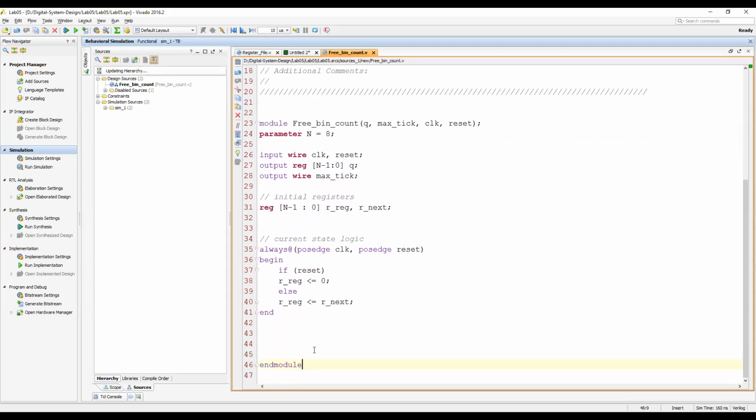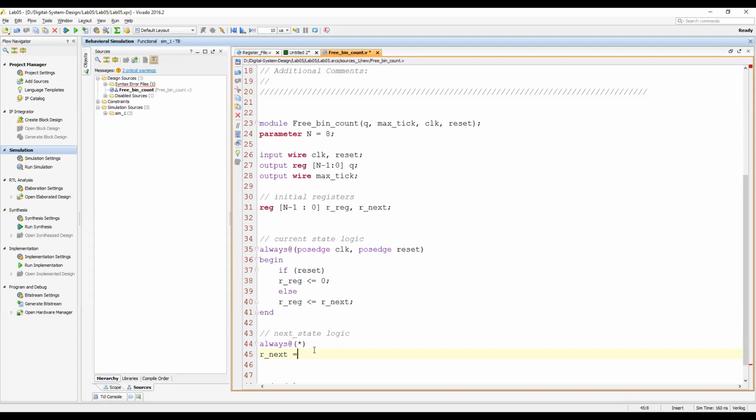So this is the current state logic, and then let's say next state logic. This will be an always block, or this will be a combinational circuit. So in the combinational circuit, it becomes like this. Okay, so the logic is very simple. The logic says that R_next is equal to R_reg plus 1, because a counter is very simple logic.